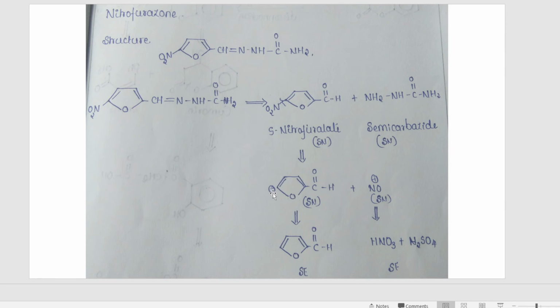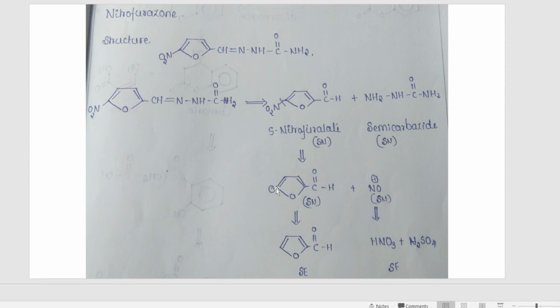And there is a minus charge here on the carbon, because nitrogen goes out as plus and this carbon gets a minus charge. In order to remove that minus charge, what will you do now? This is a synthon, this is also a synthon. What are the synthetic equivalents for these two? For this, you can add one hydrogen here. So this is called furfural, not this. This is a synthon, the molecule where there is no charge, minus or plus.